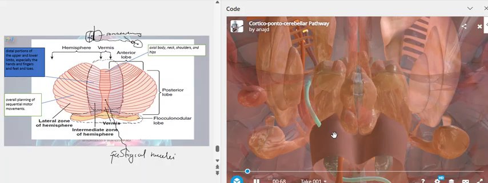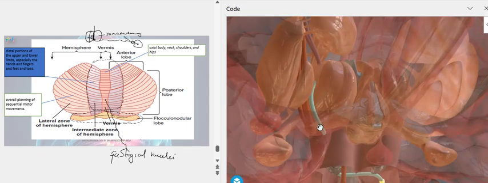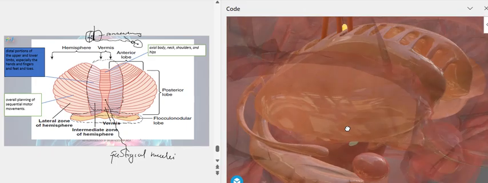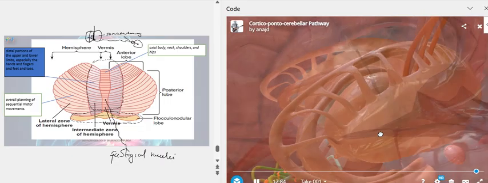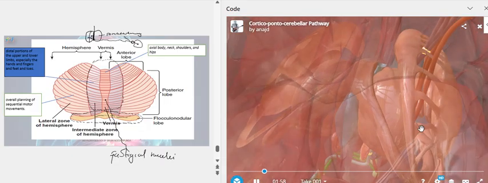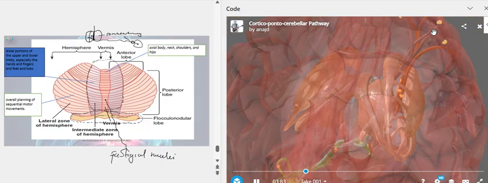The specific nuclei of the thalamus that is likely to be used is normally the ventrolateral nuclei of the thalamus, and it will ascend again up. You can see the signals are ascending all the way back to the motor or back to the cerebral cortex,